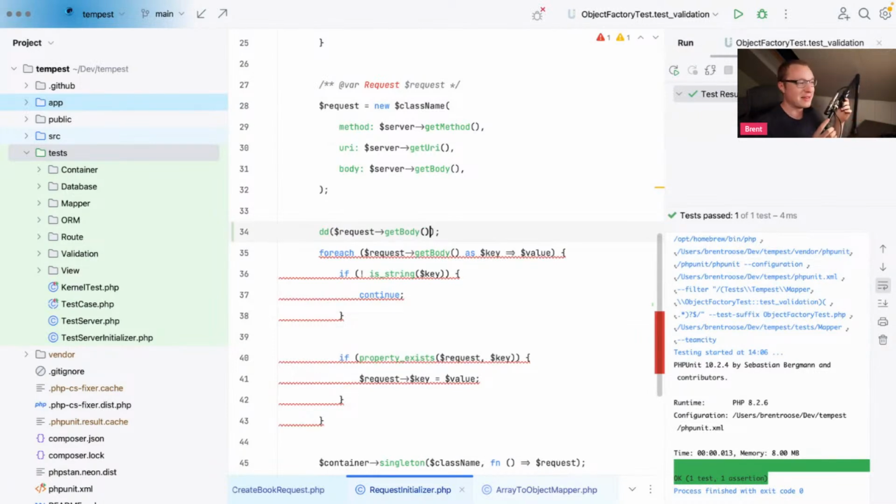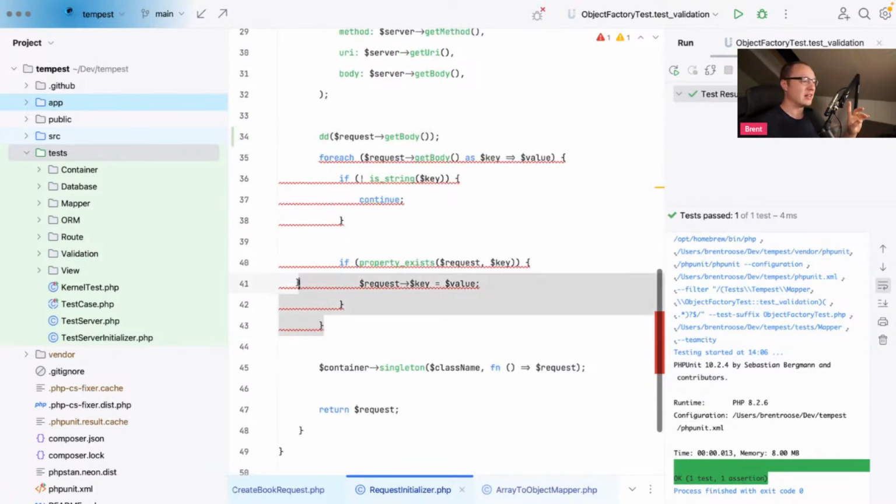I don't know if I'm still making sense, but I'm just really excited about all of this because everything is just falling together seamlessly. And I like that, but it's difficult to explain. What I'm doing here is still looping over my body and manually setting properties, but I don't need that anymore because I have my mapper now. I wrote this code before I had my mapper, which was probably not the smartest idea, but I did. And that means that I can get rid of all of this